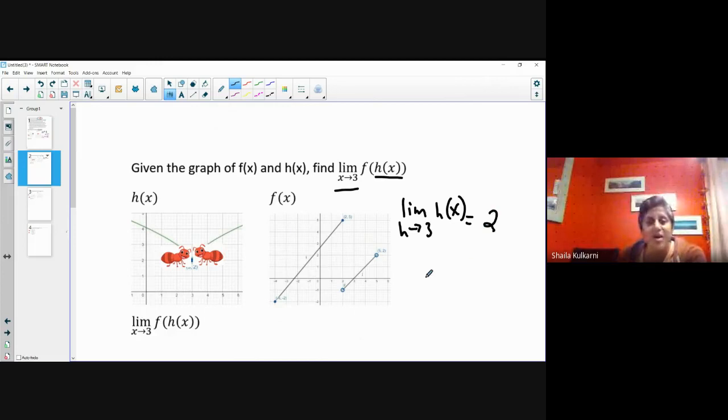But this time around, both from the left and from the right came from the top. So because the 2 is from the top, when we do the outside function, the limit as x, I should say x, I don't know why I wrote h right here. I should have written x right there. x approaches 2 from the top means I only want the right when I do the outside function. So the limit as x approaches 2 from the right of the function equals,